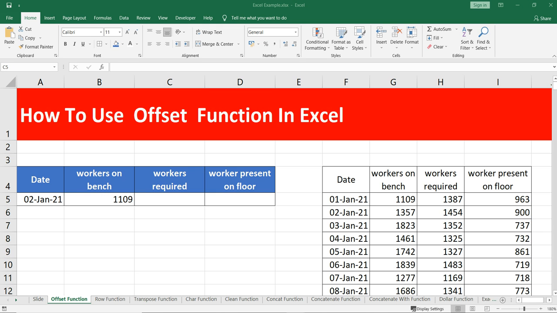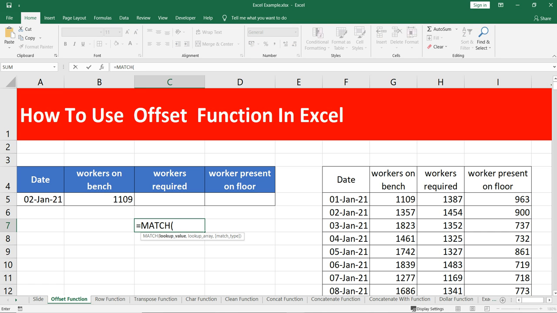In order to make it dynamic, we have to write another formula. So we'll use the match function here to make our first argument in the offset dynamic. So let's put a match function first in any of the cell. I'll put match, and our lookup value for match is this cell A5, so I'll lock it, and then it's asking me the lookup array, so I'll put this entire column F, I'll lock it, and the match type that I want is exact match, which is 0.